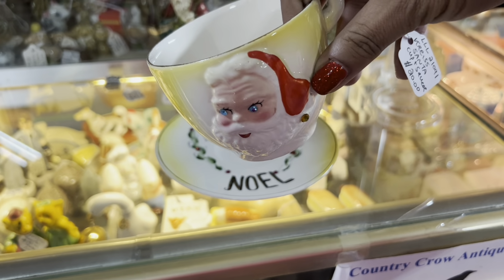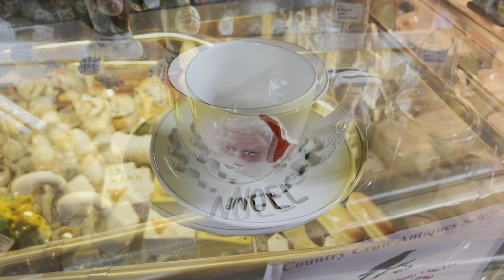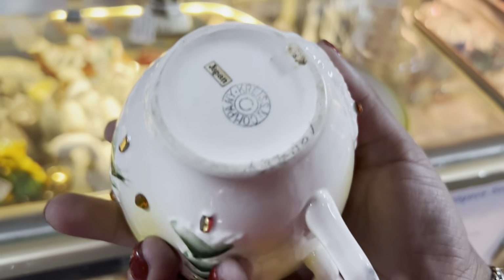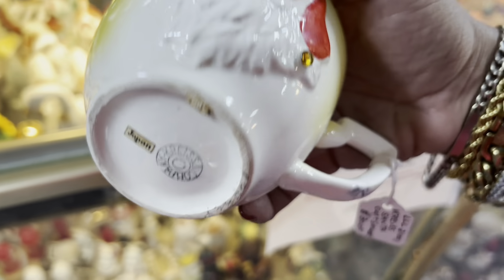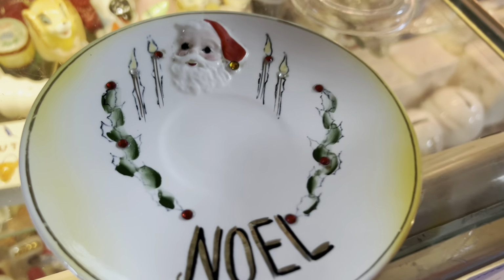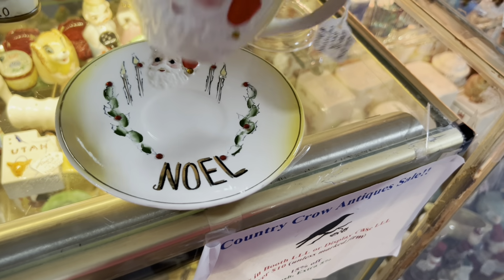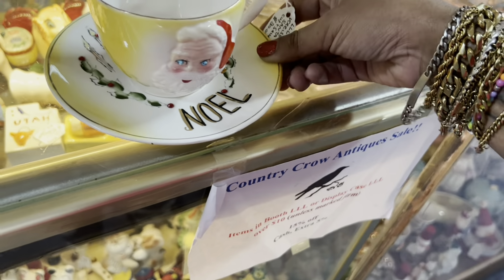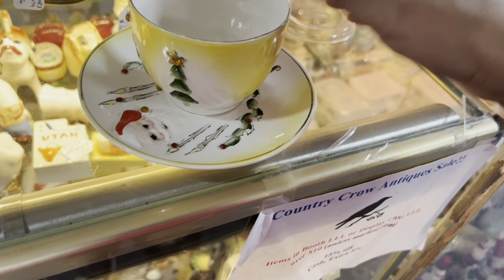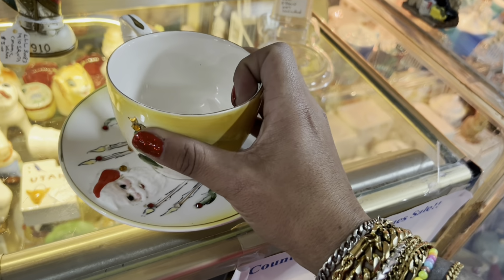$20 and then 20% if I pay cash. Let me see if I have cash. All right, so I'm triple checking this thing for chips and cracks. I'm totally willing to pay up a little bit for this because I've never seen it before. So $20 and then it's 15%. It's not gonna bring me as much profit as I'd like, but it's pretty freaking epic, so I'm gonna take